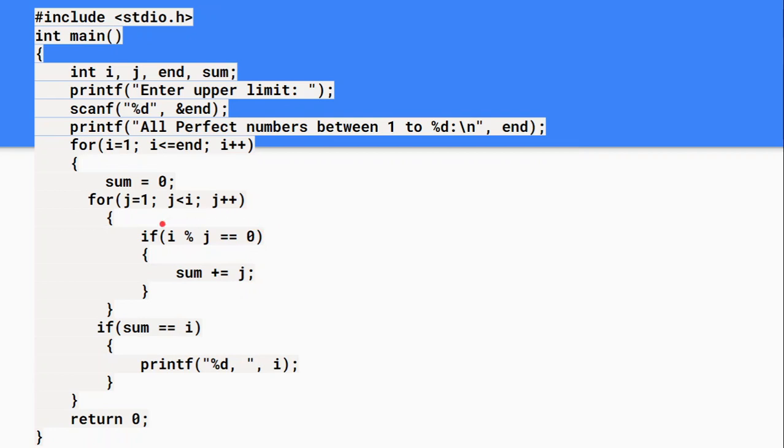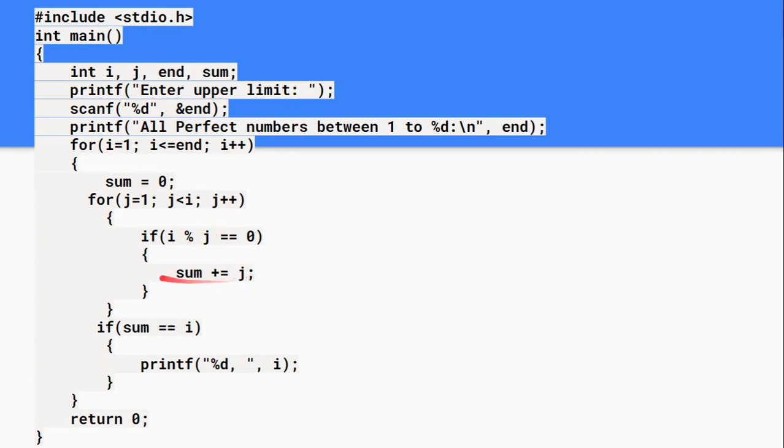For example, for 6, 3 and 2 are divisors. If you divide by 3 or 2, the remainder is 0. We all know that the modulo operator gives the remainder. So if this is the case, then j is called a divisor.